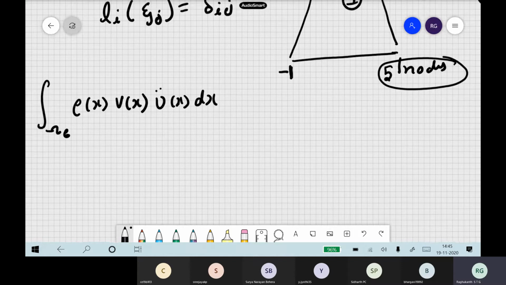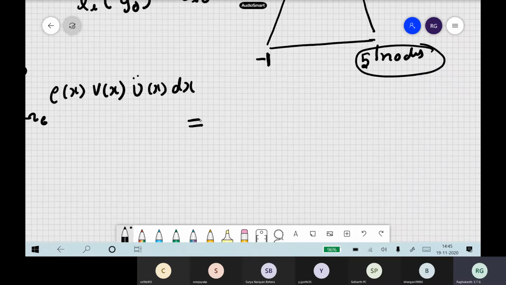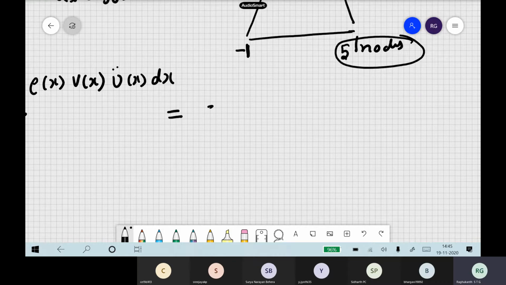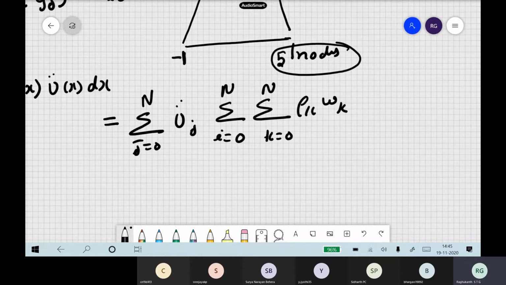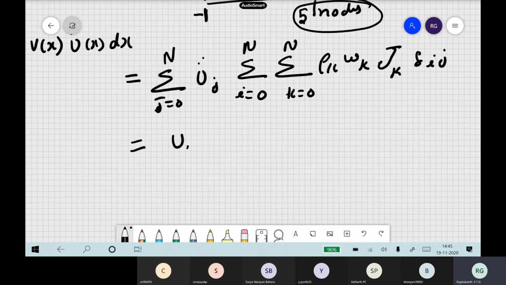Okay, so this we wrote in our last class also, because the interpolating points are also the GLL points, and then integration points are also GLL points itself. So finally, like last class we already wrote this one. So j is equal to 0 to n, say. So finally, you can write this as u double dot j, sigma i is equal to 0 to n, and then sigma, say, k is equal to 0 to n. So rho k, and these are the weights actually, the wk, then we have this Jacobian, the determinant or something, and finally we have this delta ij. Okay, so this we wrote as u double dot j m e ij actually.